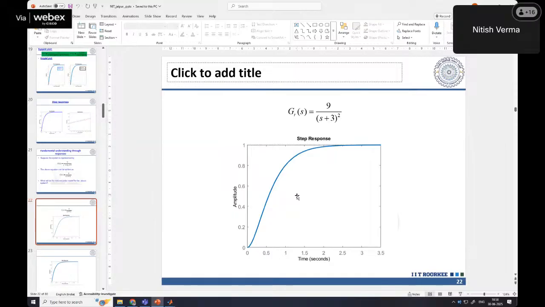Sir, my question is, suppose I have a transfer function 10 divided by (s plus 1) into (s plus 2). Here also we can do it by neglecting the pole at 2 and multiplying with the